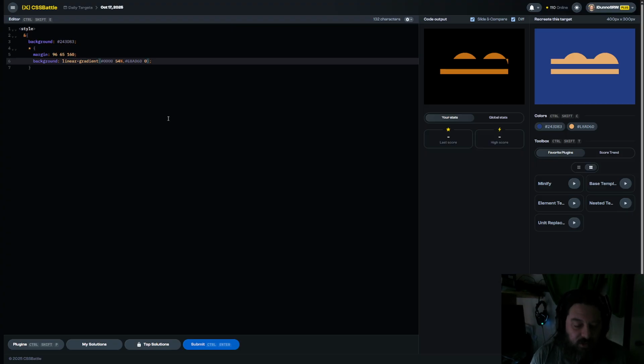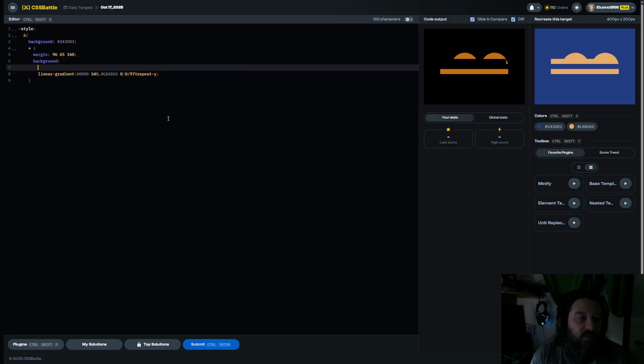Because now we've got to use feet y to 0 slash 97%. Looks good. Okay. Radial gradient. It's clearly going to be bigger than that, so